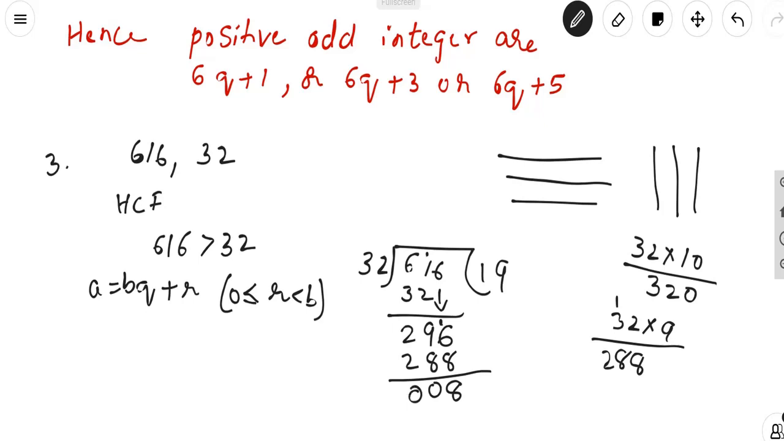So 8 minus 8 is 0. So this is also 0. So what is the remainder? The remainder is 8. So we cannot divide any further here. So I'm going to write an equation here. So the equation becomes